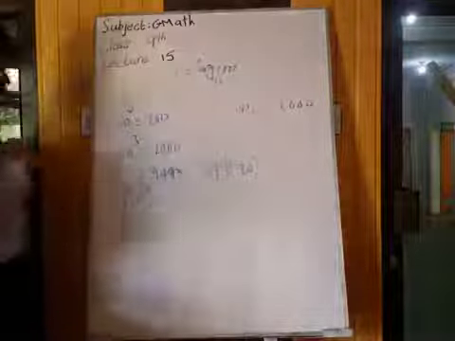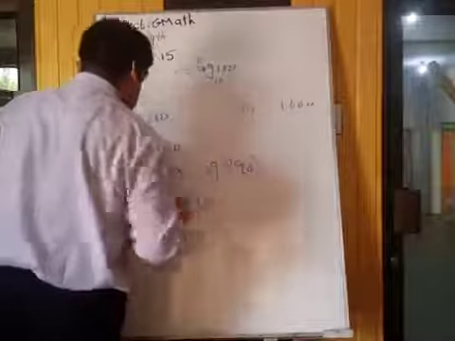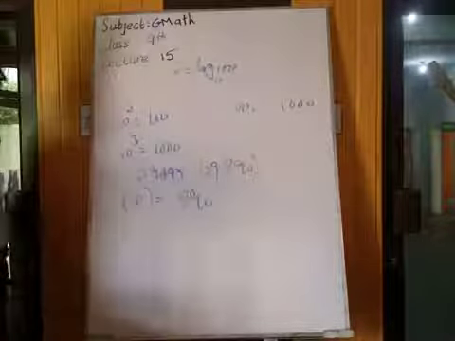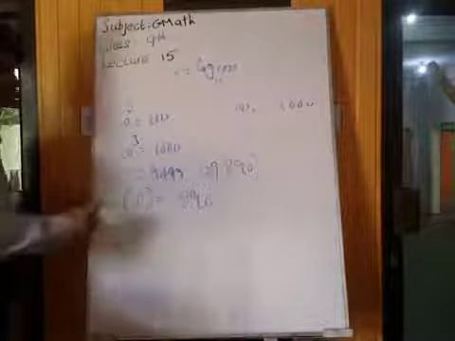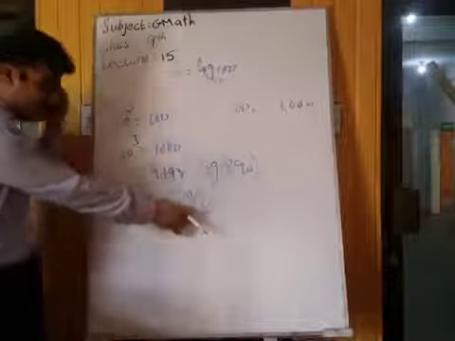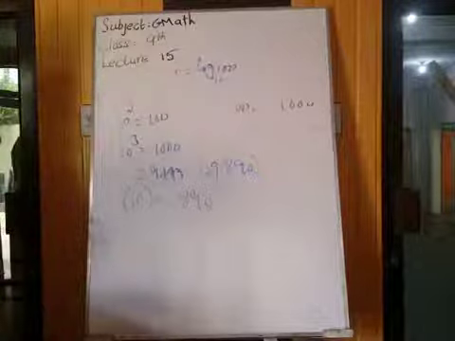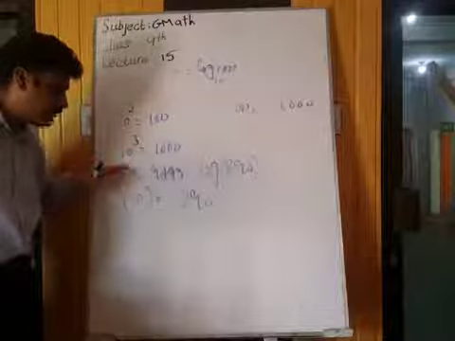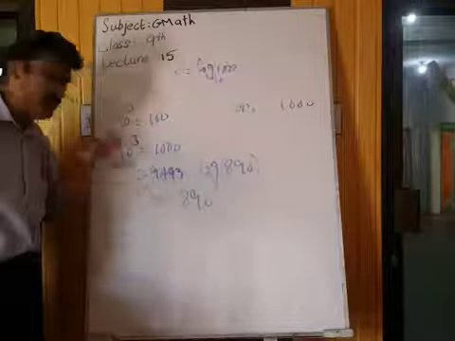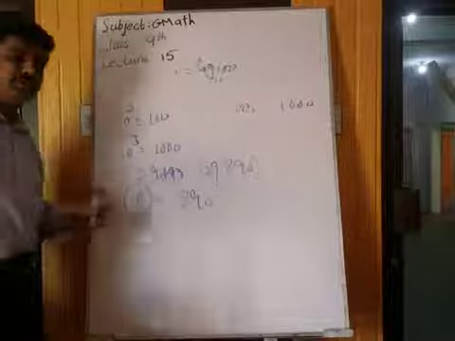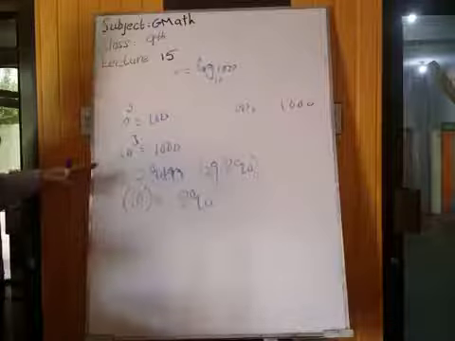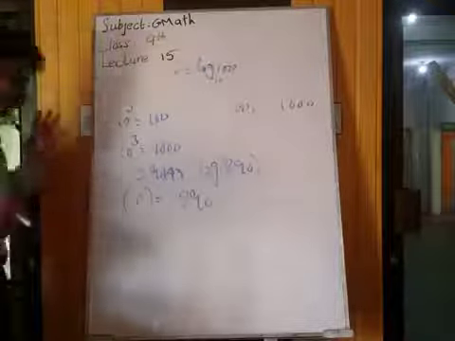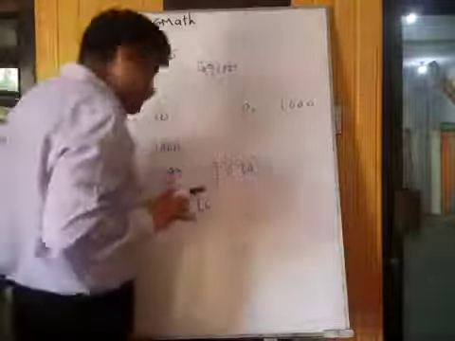At this power, we will get the number 890. When we raise 10 to the power 2.9493, we will get 890, and we say that 2.9493 is the log of 890 to the base 10. Hence, we say that the log of any number is the power of 10, and this power is called the logarithm of that number. This power may sometimes be a whole number, and sometimes a whole number with a decimal part too. The decimal part is called the mantissa, and the whole number is called the characteristic.